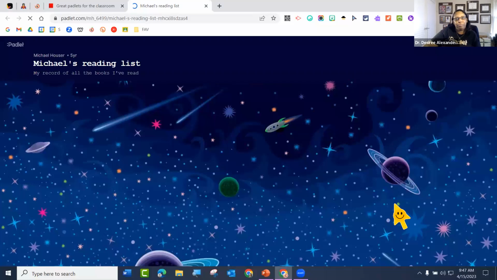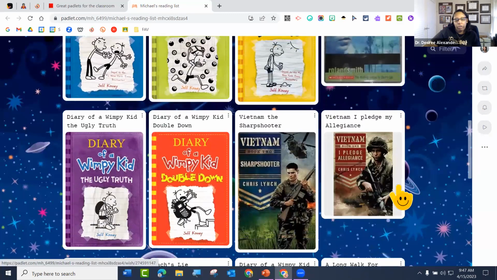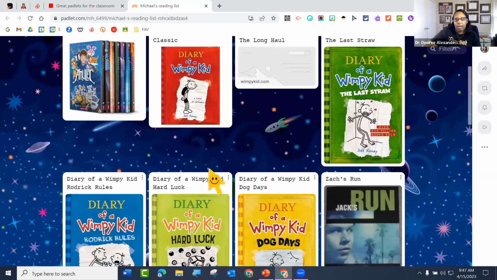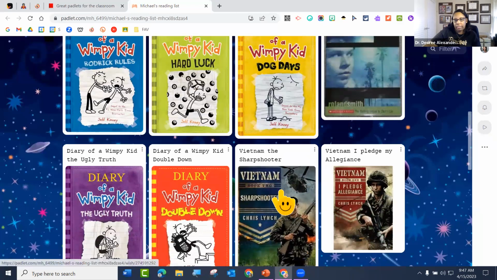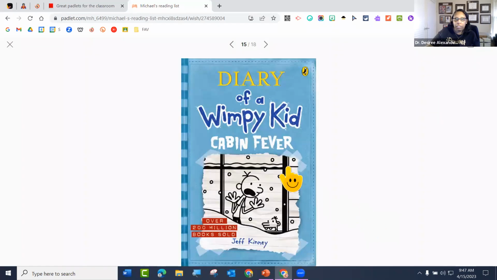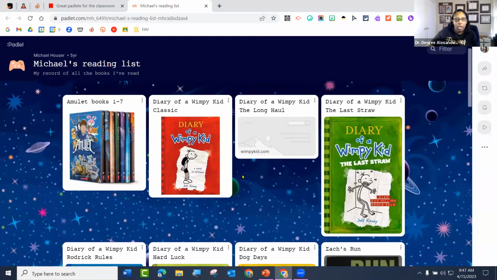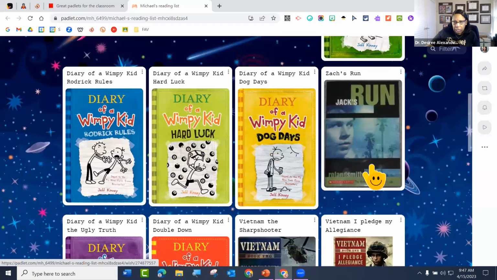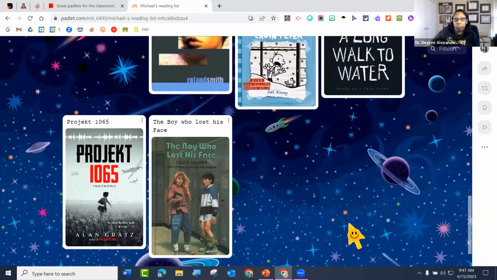Reading list. Oh, I love this background for what it's for. It's so cute. So now we have our reading list here, just different books, and you can tell that this is a grid. You see how there's white space because they're all going to start at the same level. There you go. And if I wanted to see what this book is all about, it looks like it's just a picture of the book. It's not a link that you can go to read about the book. So just a picture of the book. There you go.